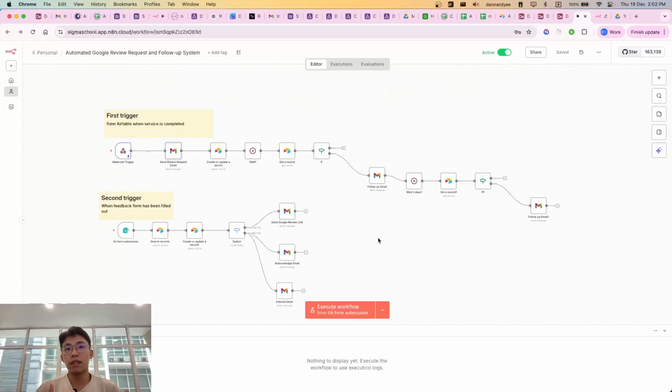If they gave us less than 3 stars, it's not that great of a review, we'll still give them this Google review link for them to still publish it on Google. Most importantly, we'll also inform an internal team to follow up on them and see how we can actually improve our service, how we can improve their experience with us. And if they ignore our initial email, we also have a follow-up sequence,